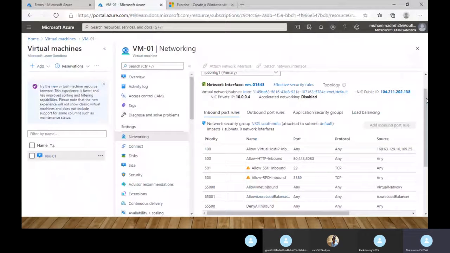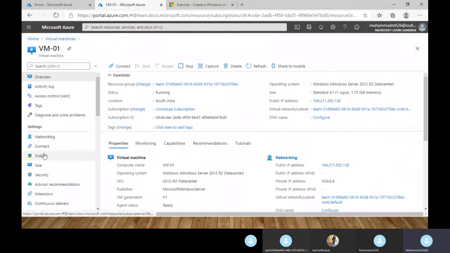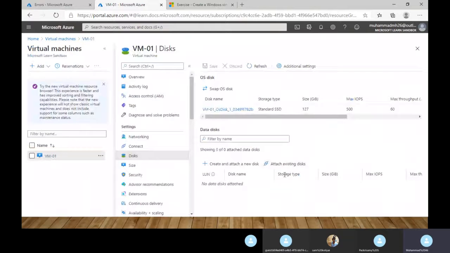Now I'm going to create a disk. This is your OS disk. I'm going to create a data disk. Create a new disk.